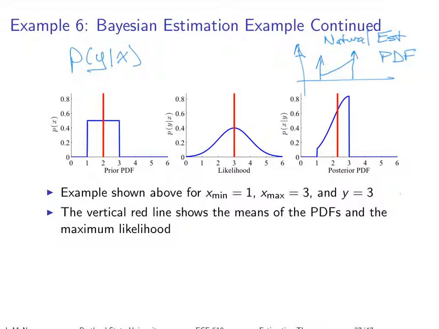In our context, y is the measurement vector, and that's data that we actually have. We're usually getting that from sensors. So y is usually the thing that's known, and x is the thing that's unknown that we're trying to estimate. So in our context, we're usually looking at this as some function of x for a known value of y. And in that situation, again, it's not a PDF.